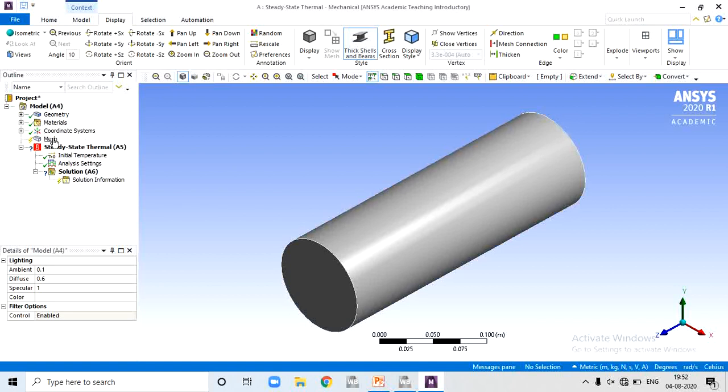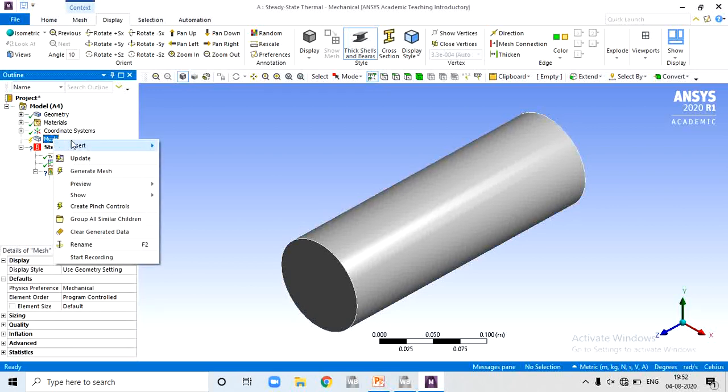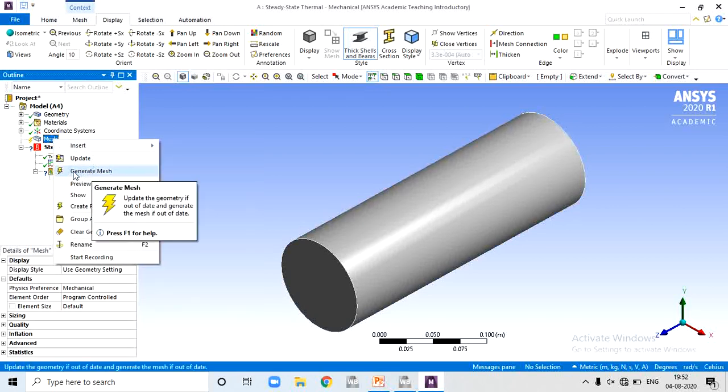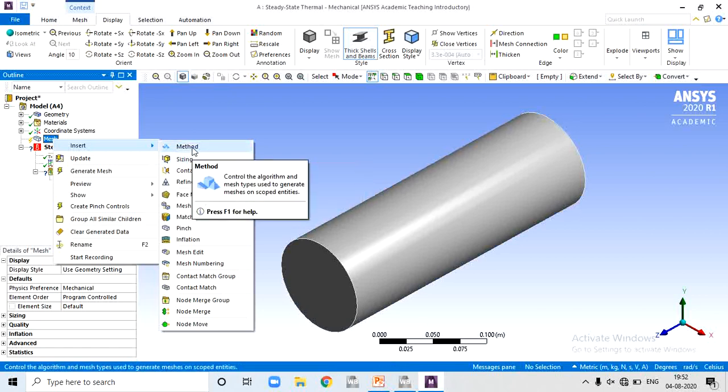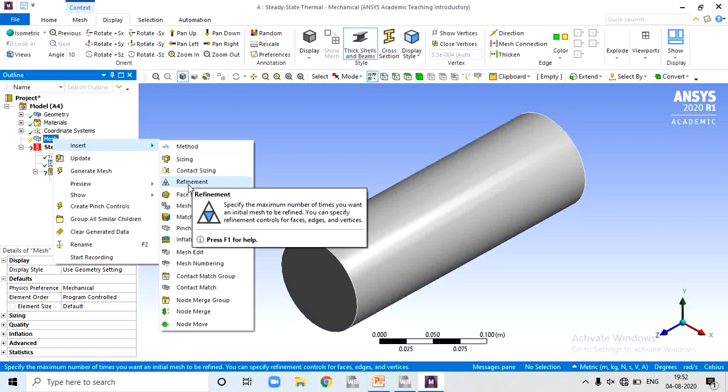After that, we need to create the meshing. Just right click on mesh. If you click on generate mesh, the software by default takes its meshing size and meshing method according to the given problem, or you can insert and customize meshing size, meshing method, or refinement in a particular localized area.